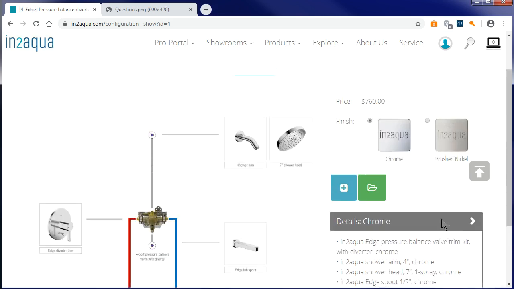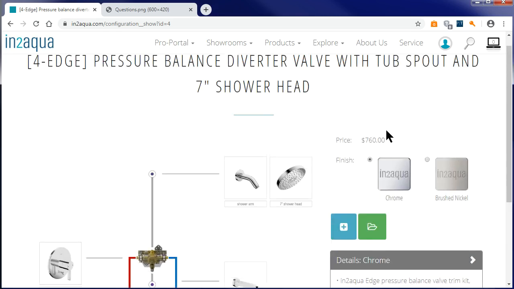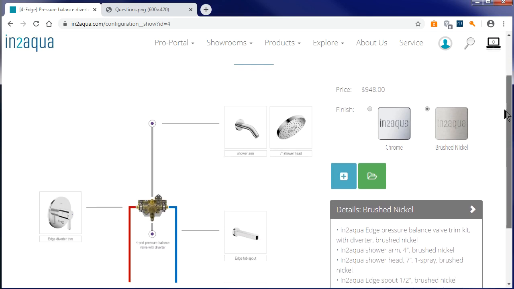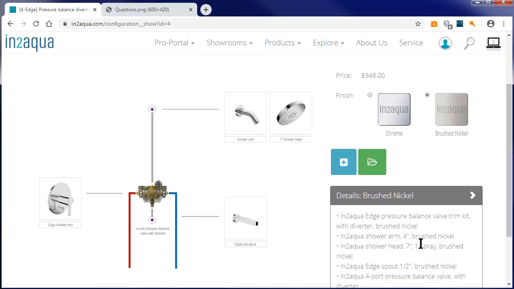When you look up above, let's scroll up here, you'll see a price. It says list. It's actually the list price of all items in this configuration in the chrome finish. If we click on brushed nickel, it will change this price, and it will now reflect a list price of all items in brushed nickel. And if you look down to the bottom, you'll see that the description's the same, but the finish has changed. So let's change this back to chrome,